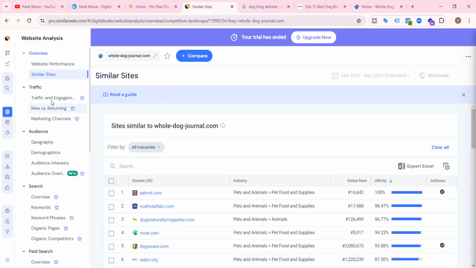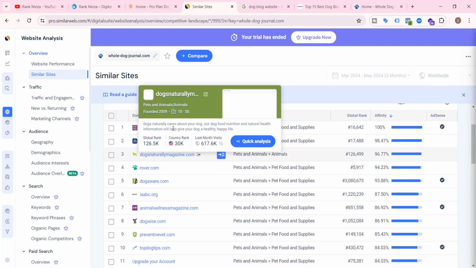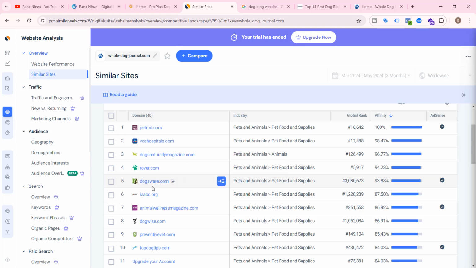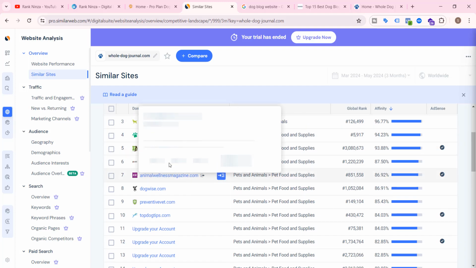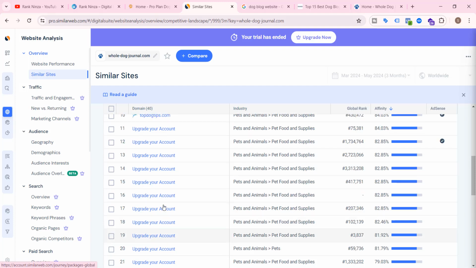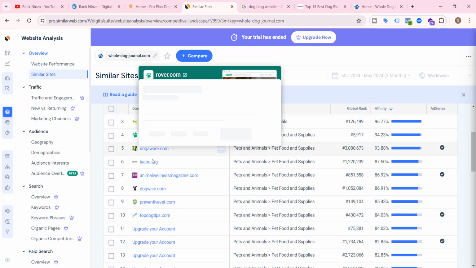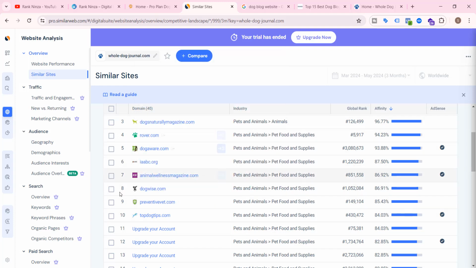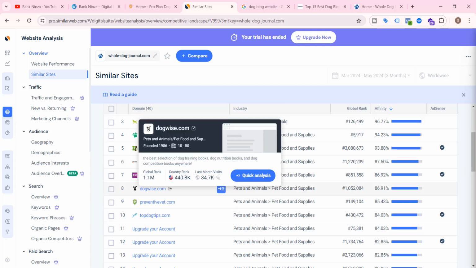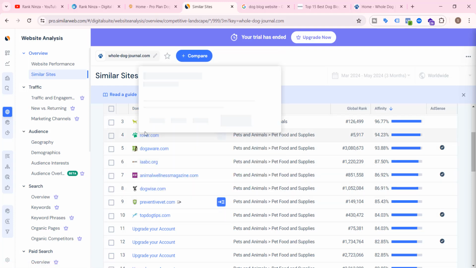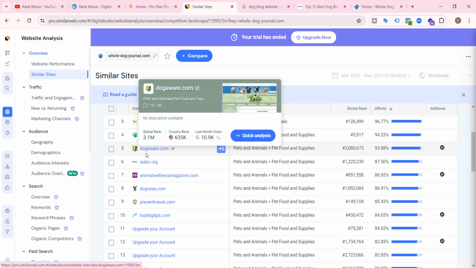similarweb.com. Here you will get the competitor websites and you have to analyze this. Here it will show the global rank, affinity. So from here you can pick any. The free account only shows 10 competitors, but it is enough I think. But if you want to get more competitors, then you can pick any